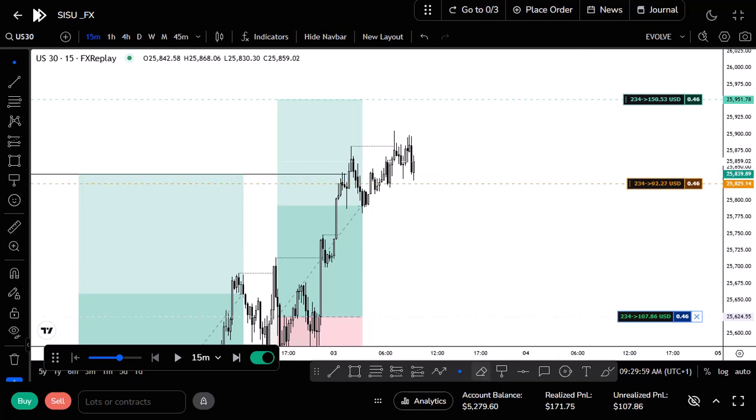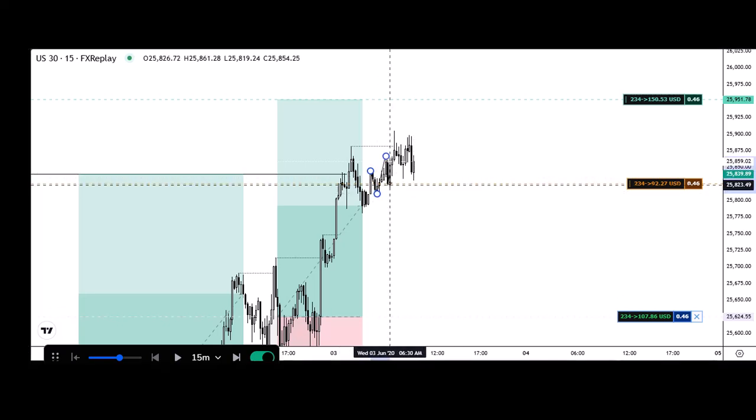Why? Because we have something like a failure swing. If you focus on this small order flow, no, candle closure does not matter for a change of character. You don't need it to be a candle closure, but if you have a candle closure, good for you, but you don't need it.